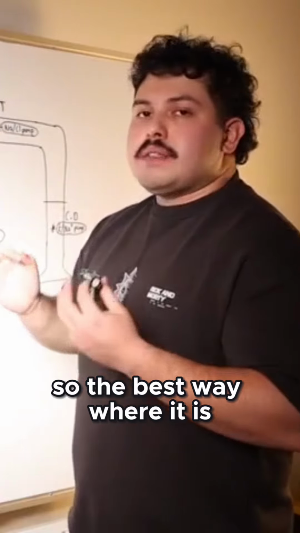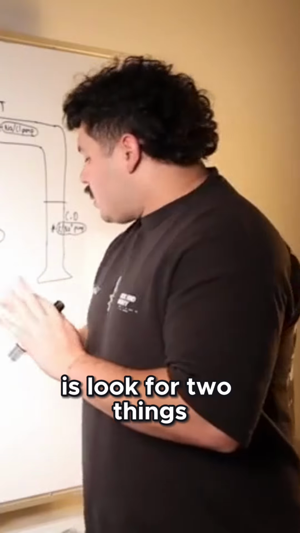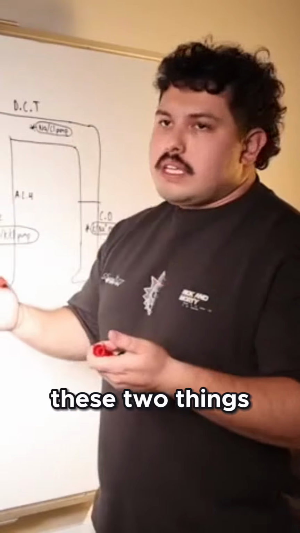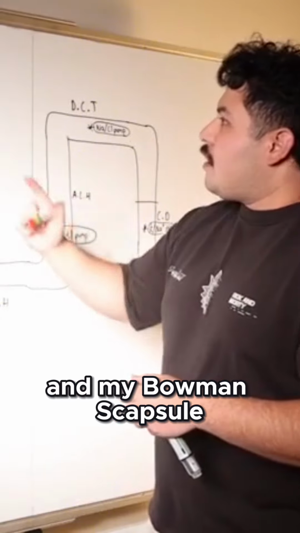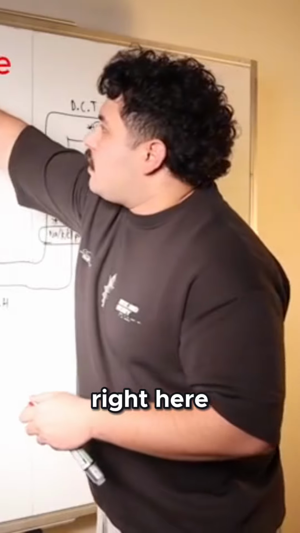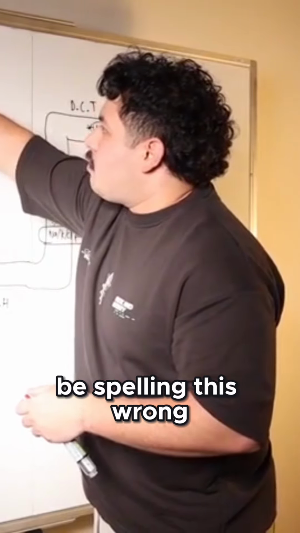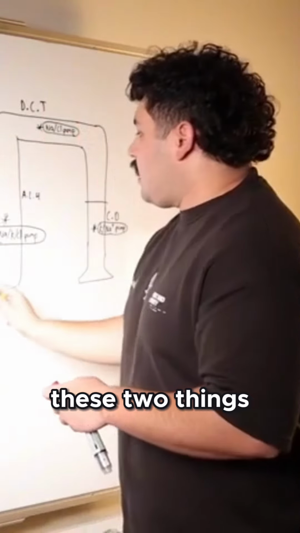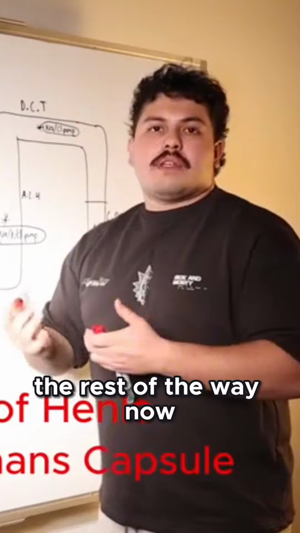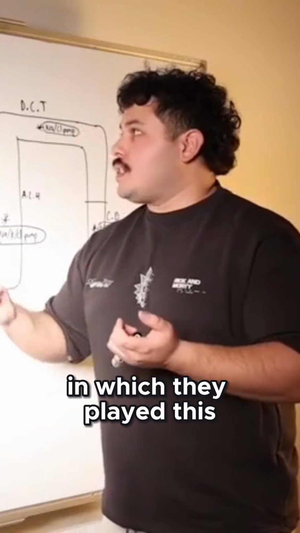So the best way, or at least what I have found, to always know what's going on is look for two things. These two things are always my loop of Henle and my Bowman's capsule right here. And I may be spelling this wrong, but if you can find these two things, you can guide yourself the rest of the way. Now, I say this because I've seen several questions in which they flip this